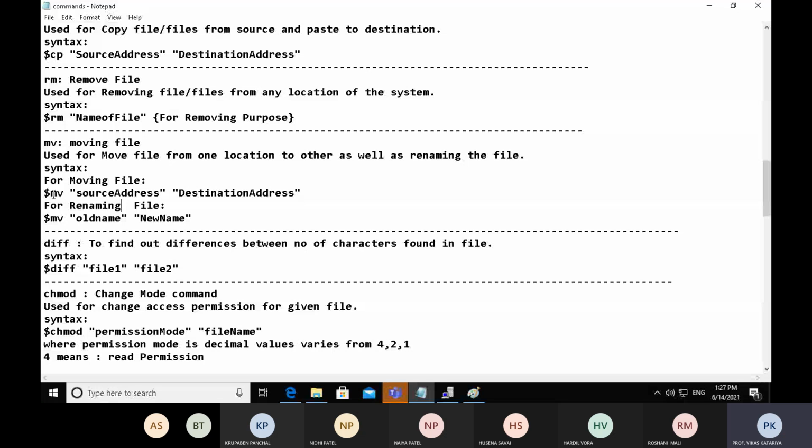We have to provide these parameters to the command: the source and the destination address.